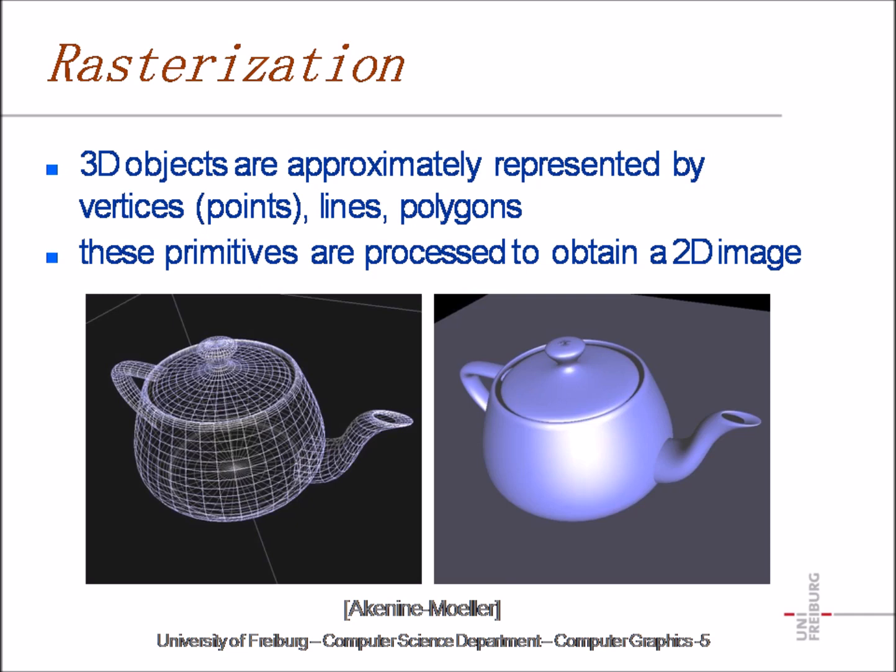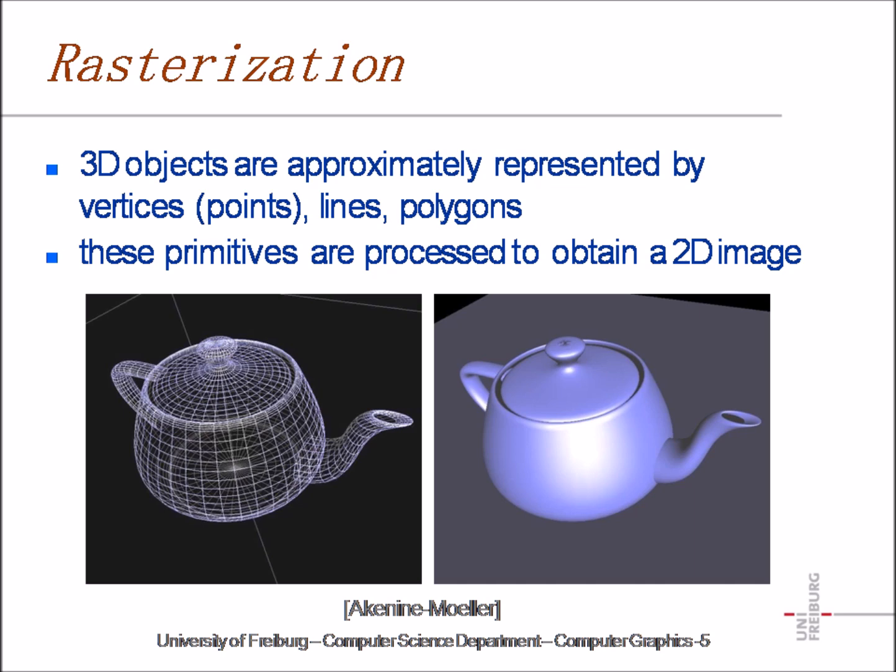Rasterization also helps to process 3D objects represented in the form of various vertices, lines and polygons. All these primitives are processed to obtain a 2D image with the help of the rasterization technique in